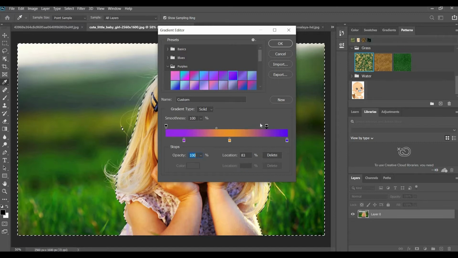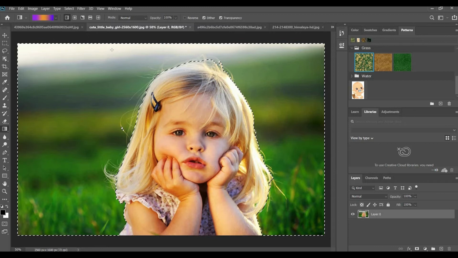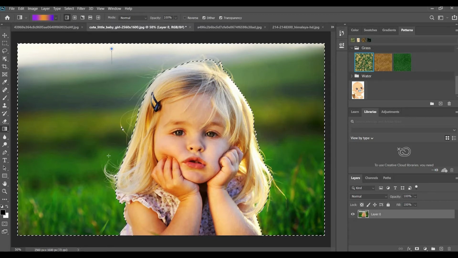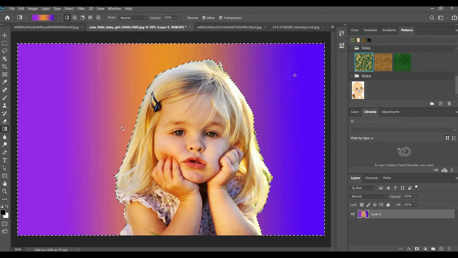Okay, I'm just clicking OK. Then you just click and drag like this. So the color will be changed. If you want to change it again, click and drag.